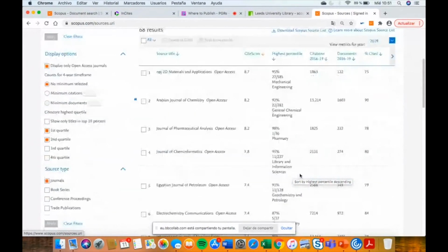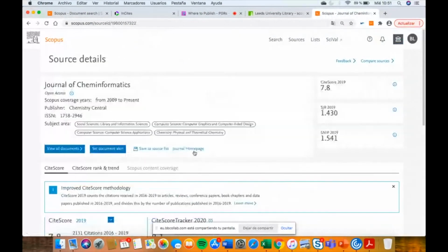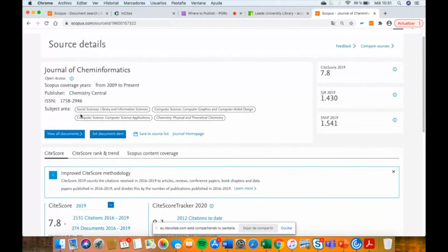So you can find here, for example, library and information science, probably because Journal of Informatics, depending on its scope, belongs also to chemistry and social science. If you are interested to know more about a journal, you can click on top of the journal and read the scope of the journal. The subject area is classified again: social science, computer science, and chemistry. And the impact factor and the CiteScore